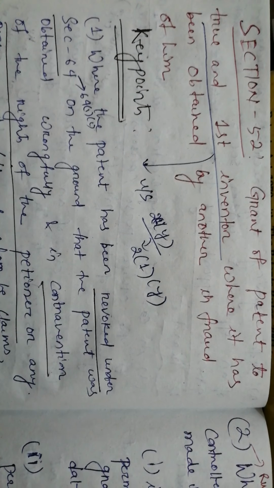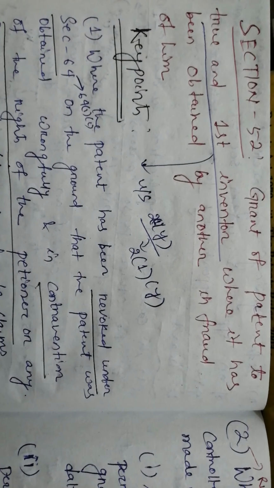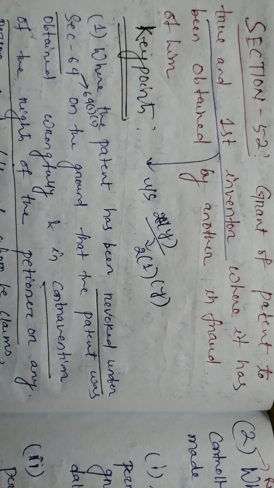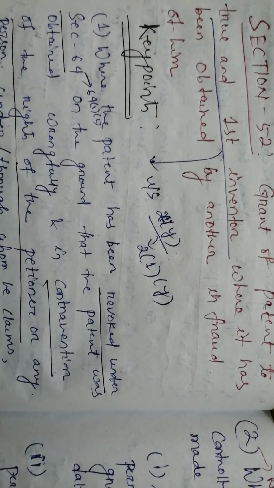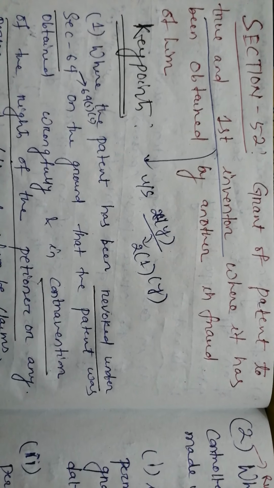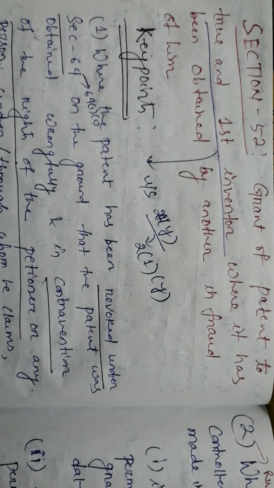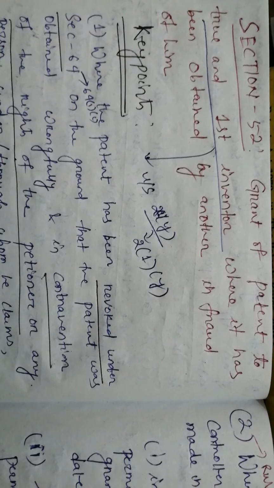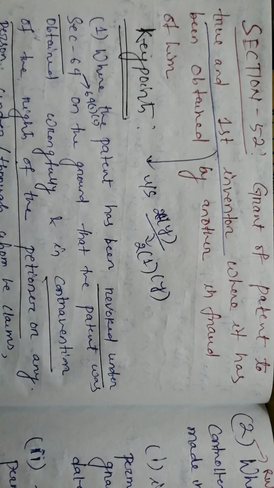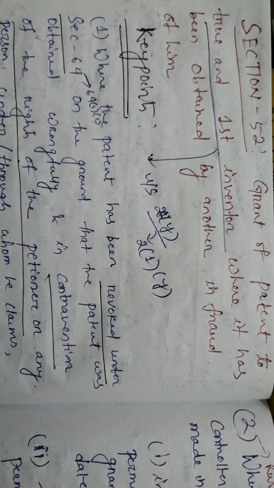Dear friends, today we will discuss Section 52 of the Patents Act 1970 or the Indian Patent Act. The title is Grant of Patent to True and First Inventor where it has been obtained by another in fraud of him. The simple meaning of this title is, if a patent is obtained by some person in a wrongful or a fraud manner,